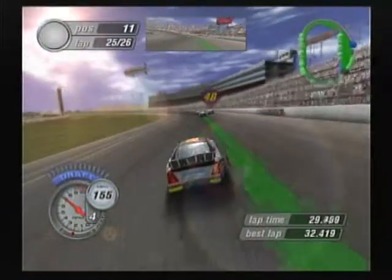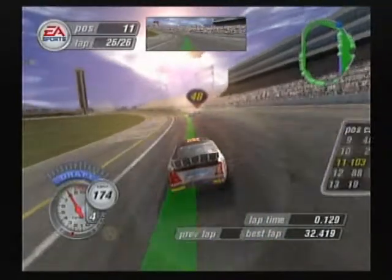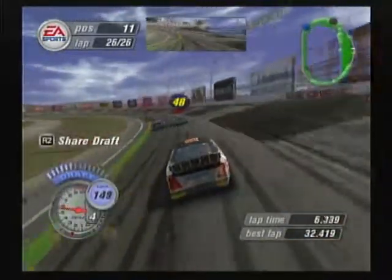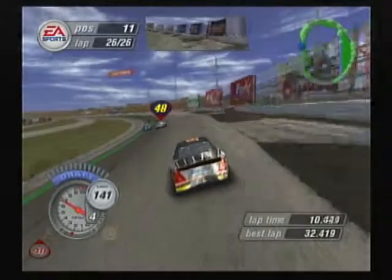The white flag is out. One more time around the racetrack. Here's the run to the finish. 1 lap to go. Keep hitting those marks. Leader's about 5 seconds ahead. Oh, these guys ahead of us are...